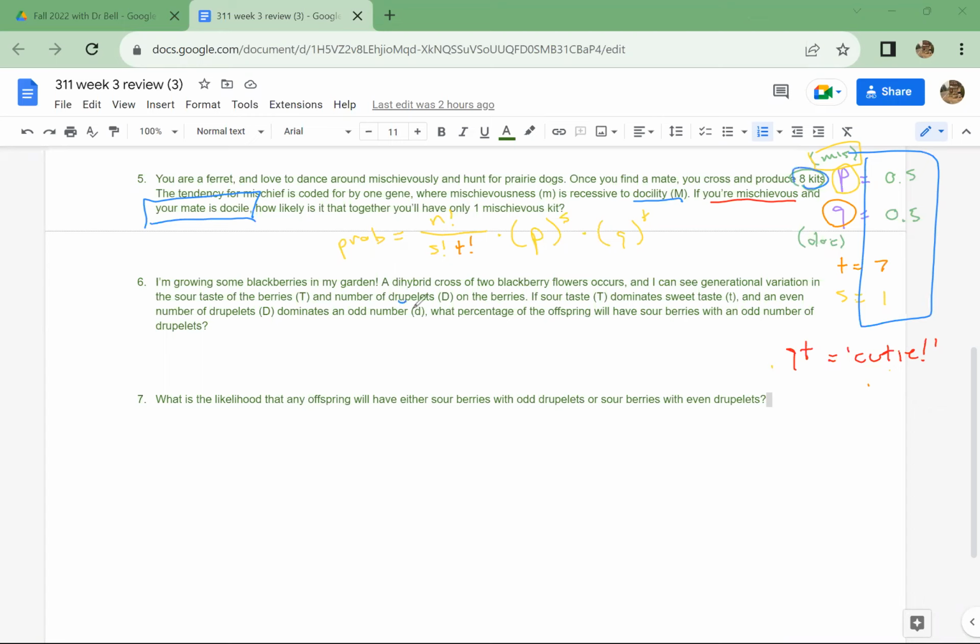We can also do this. 8 factorial divided by S is 1, because we only want one mischievous pup, times 7 factorial, times, thankfully, a nice clean little 0.5 to the first power, times 0.5 to the 7th, because that is the probability of getting a docile kit from the cross Mm with Mm. And this gives us